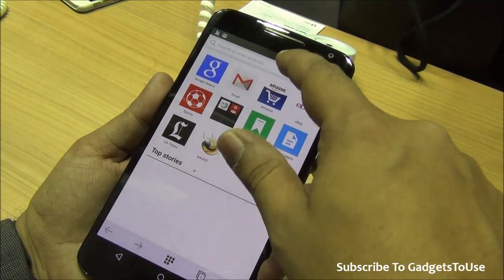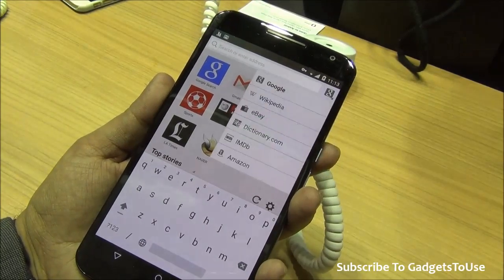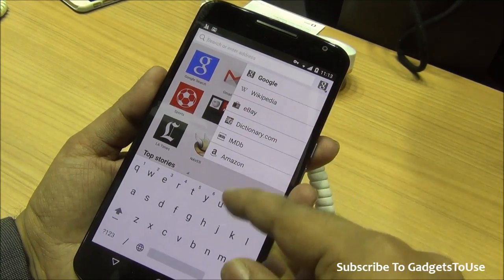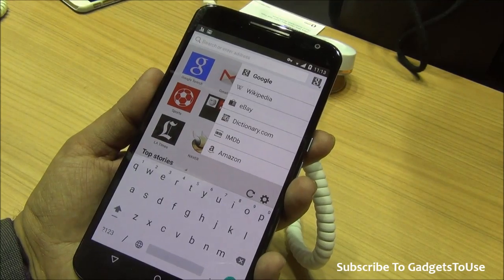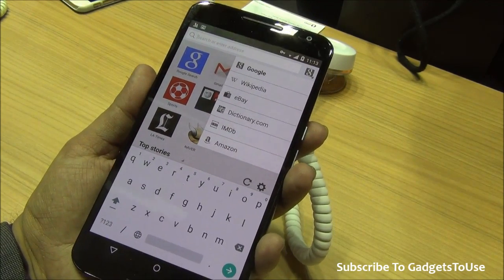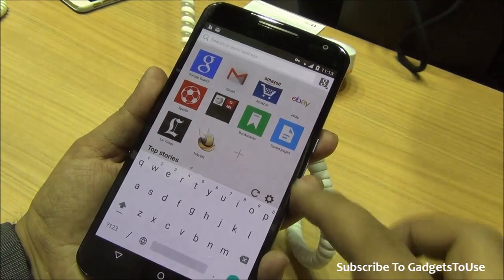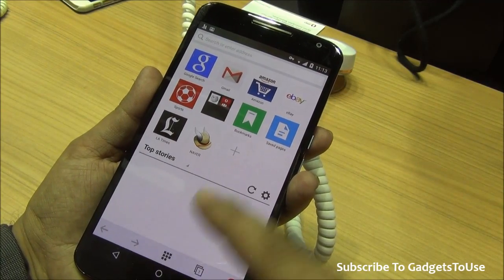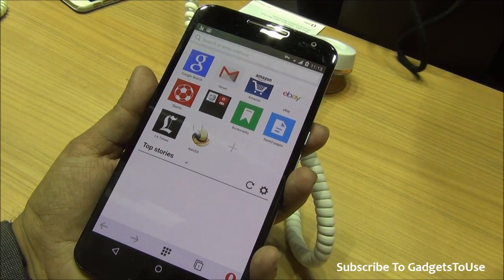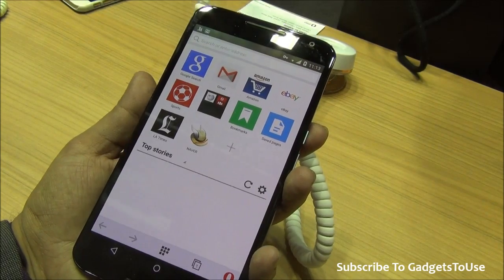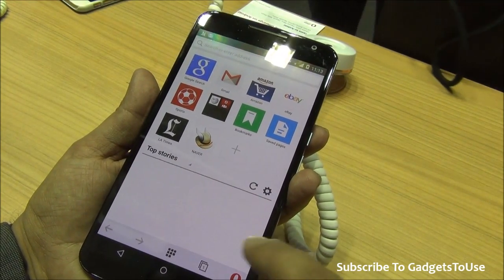When we talk about some other things, you have the address bar over there, and then again default search is going to be via Google. You can search it on Wikipedia, eBay, dictionary.com in case you are searching for a word or anything else. The new design is definitely very responsive, and it is something which is now designed for the kind of Android you see these days, the new smartphone you see these days.